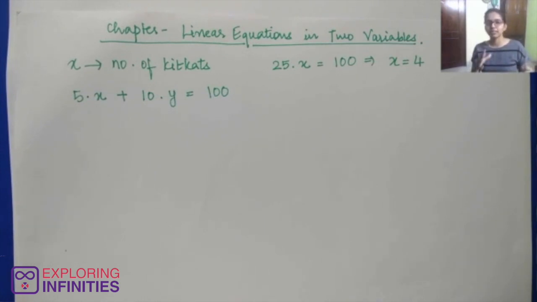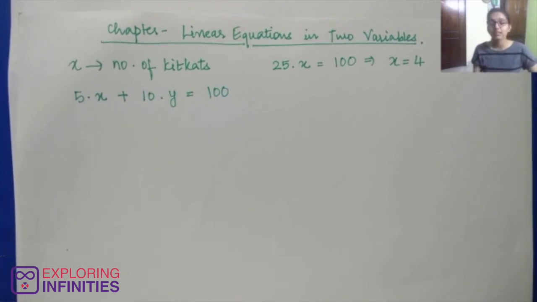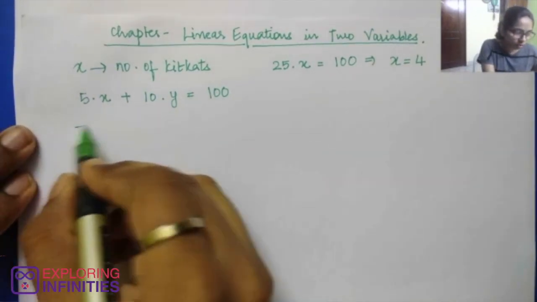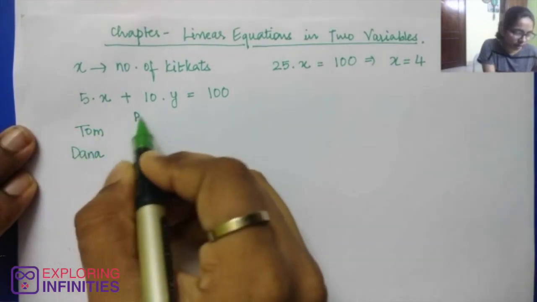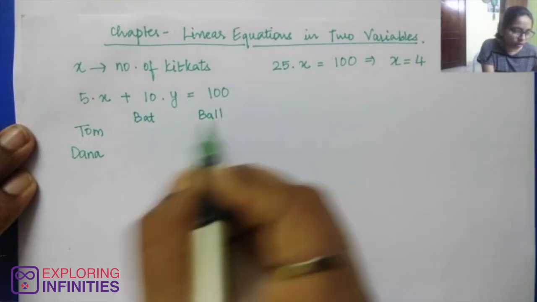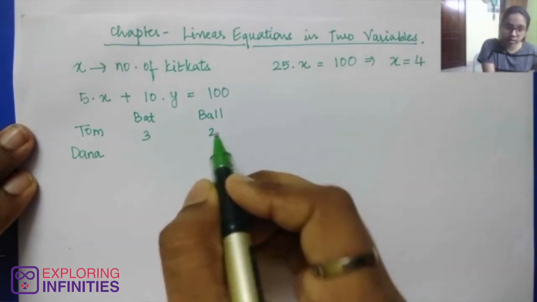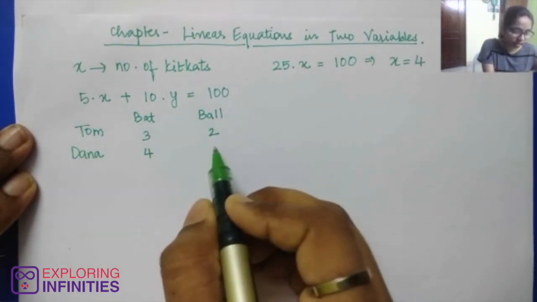So, your bats and balls were very fancy. So, your sister Dana also wants to buy those bats and those balls. So, she goes to the same shop, asks the shopkeeper to get those very same bats and balls. Then she gets 4 bats and probably 3 balls, and it costs 110 rupees. Okay, so let's start writing it down. So Tom went to the market, Dana went to the market. He gets, okay, bat and ball. Tom gets 3 bats and 2 balls. Dana gets 4 bats and 3 balls.